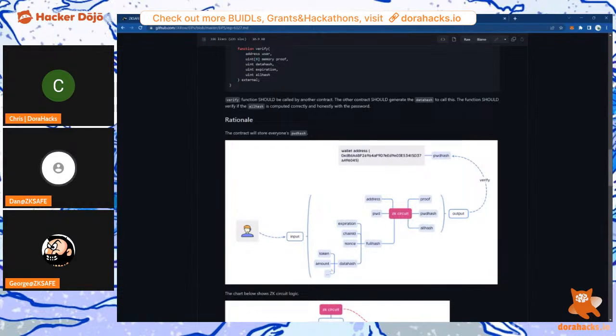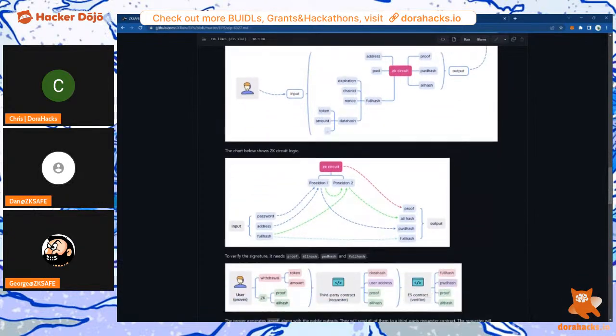The password is only known to the user, and even the contract doesn't know the password, thanks to zero knowledge technology. The zero knowledge contract on the chain only saves a password hash, which is the only thing stored on the contract, and it's known to everybody. But the user can generate a proof and sign the transaction data and submit it to the contract. The contract can then verify the proof.